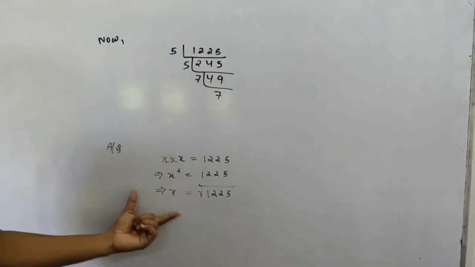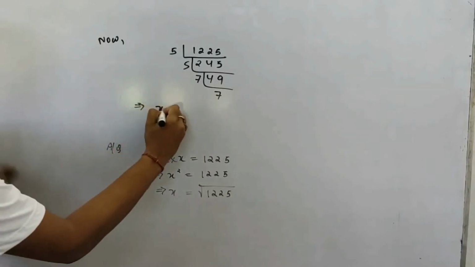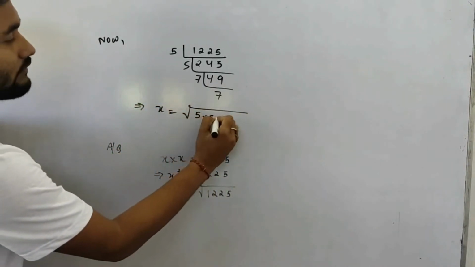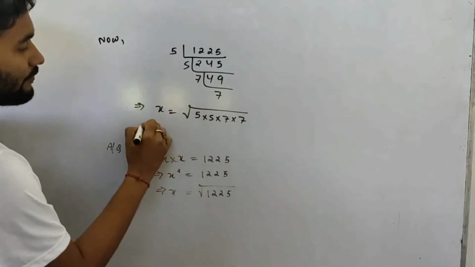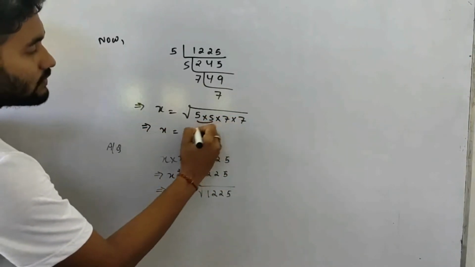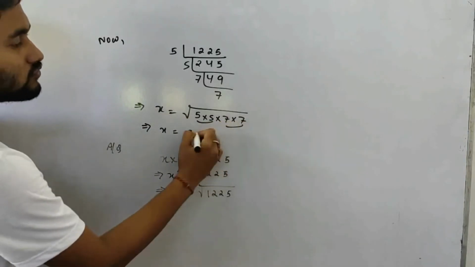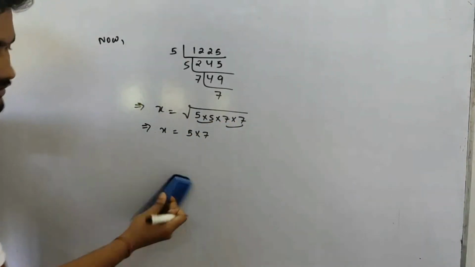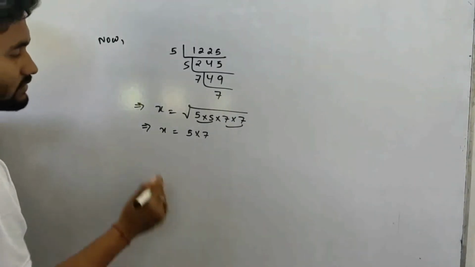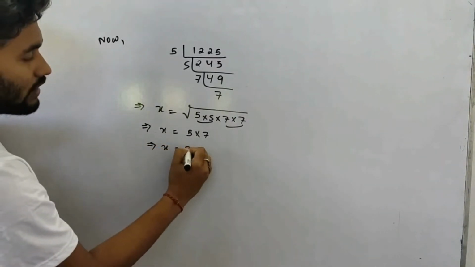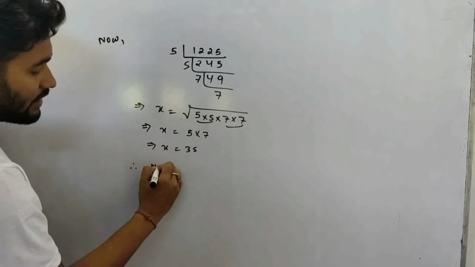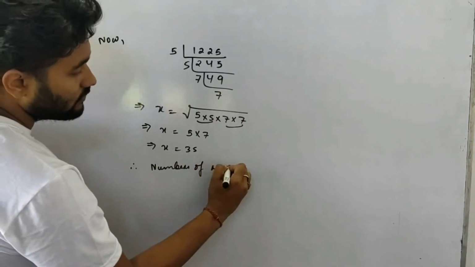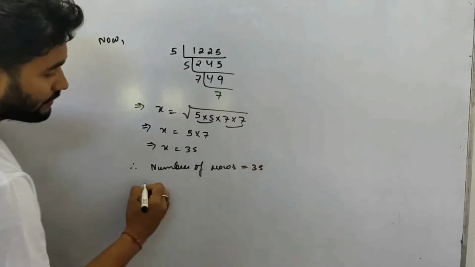Continue this line after this, which implies x will be equal to root over 1225, in place of 1225 what I will write? 5 into 5 into 7 into 7, which implies x equals, from these two 5s, one 5 will come out, from these two 7s, one 7 will come out. So what is our answer? x will be equal to 35. Therefore, number of rows is equal to 35 and